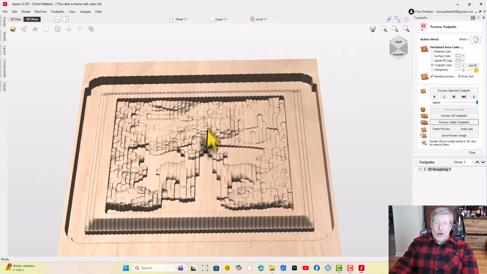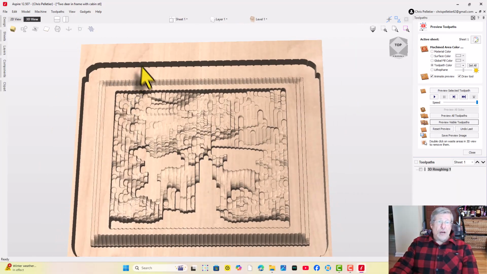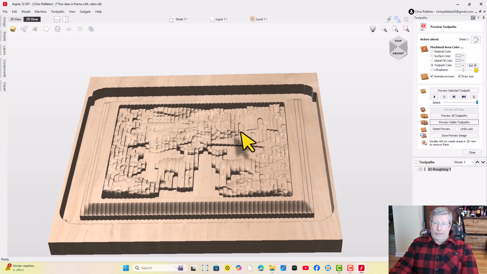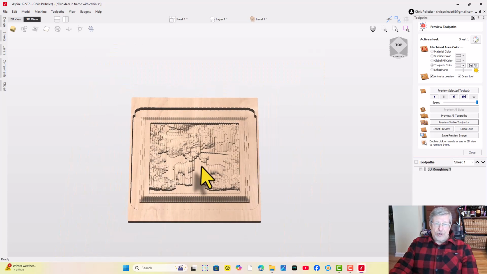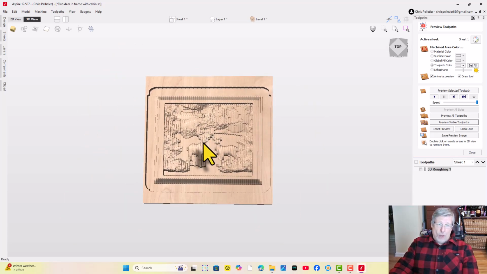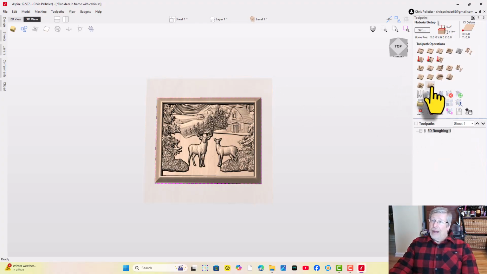Now you see all of this distance between here and here. This will allow your collet to clear the wood when it's coming down to cut your profile, just in case you're using a really thick piece of wood and you're afraid that maybe your bit isn't going to be long enough and your collet might hit this wood. So now we're going to do our